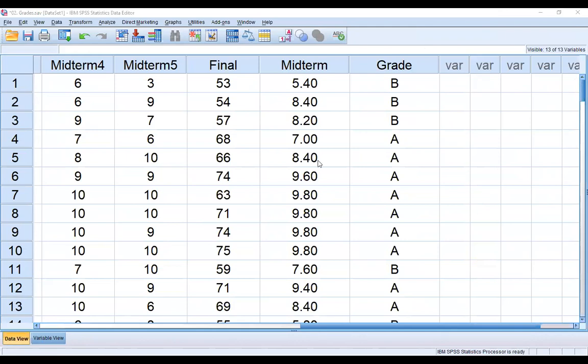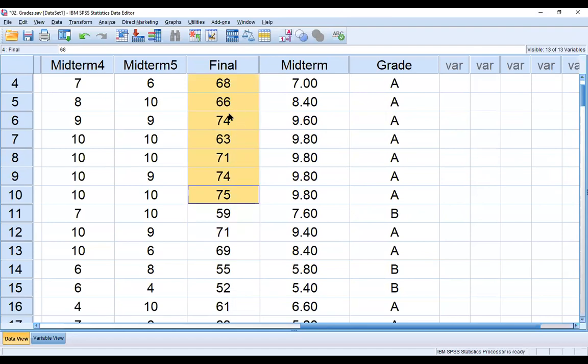Now I am explaining it. The grade. I told you I am giving B grade to those who obtain marks between 50 and 60. So now you can see this student who obtained 53 marks, and the grade is B. 54 means B grade. A means greater than 60. So here all the students obtained more than 60 marks, and then okay, I am repeating again.